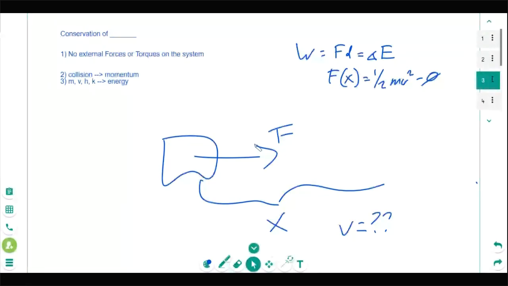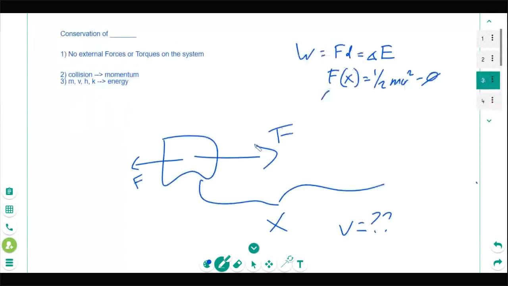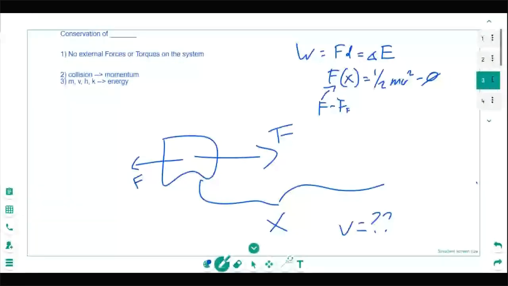So if I wanted to add friction going back the other way as another force going that way, all I would do is have this be F minus the force of friction in there. Although you could also have done anything with energy or stuff like that in there. That is perfectly fine to do as well. All right, let's see if I can get that back up and working.